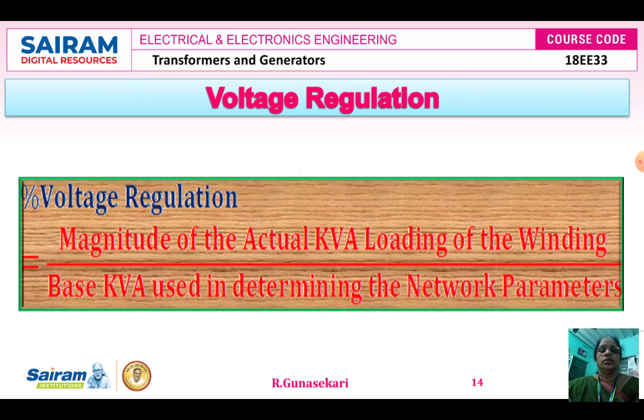Students, from this lecture video, we clearly understood the equivalent circuit of the 3-winding transformer, how to determine the equivalent circuit parameters by using the short circuit test and open circuit test, how to conduct the short circuit test and open circuit test, and finally how to calculate the voltage regulation of a